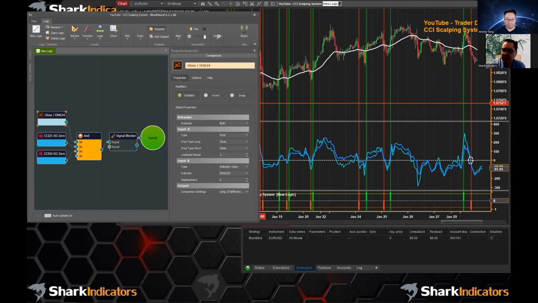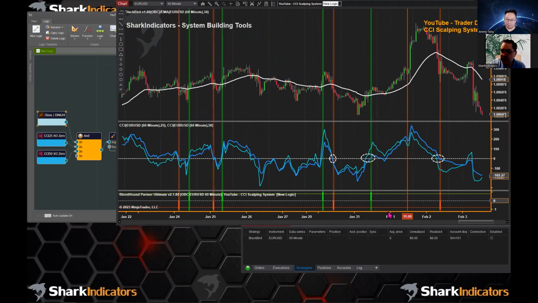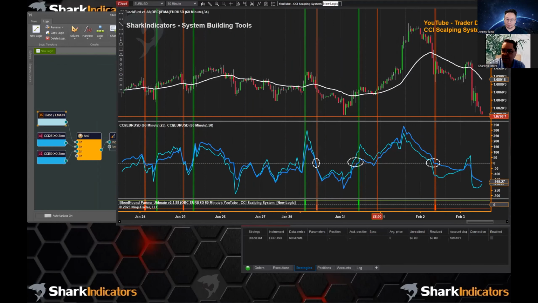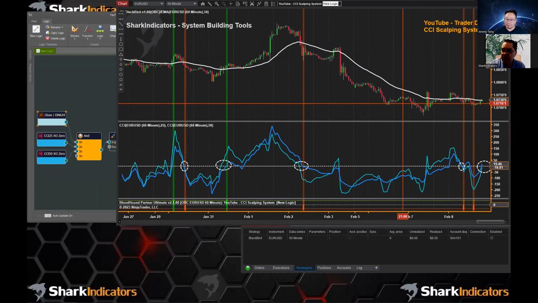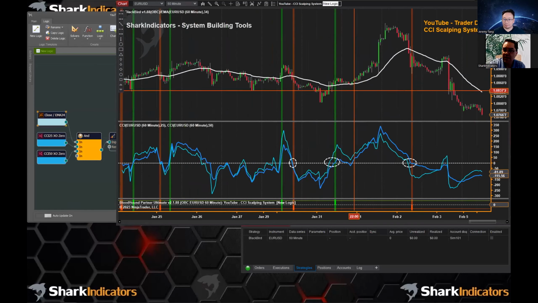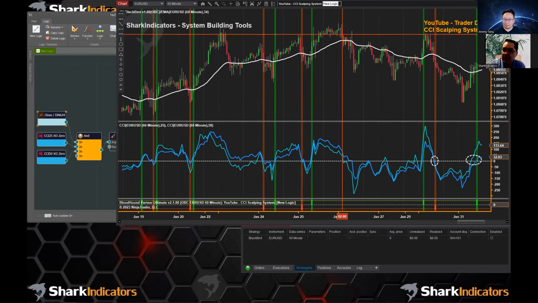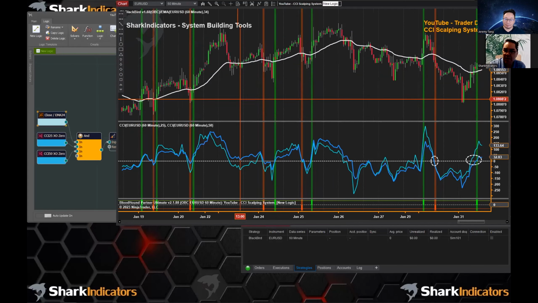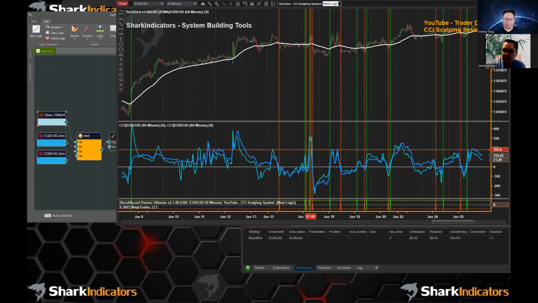And now we can give this what I like to call the eyeball test. Now that you have these easy to see and read signals, you can scan through your chart. Obviously that looked like a good short there. That looked like a good long there. That short wasn't as good as before, but it looked like you could pull a little bit of profit. That long did not look good. That long, maybe. That short, probably not. You can see we're getting into a lot of chop here, though. A lot of chop there.